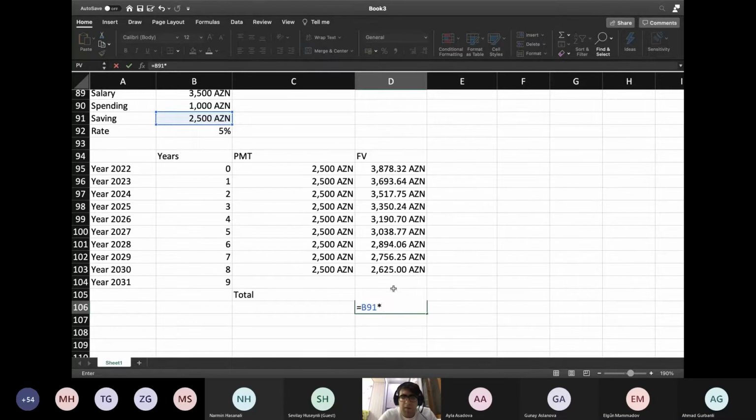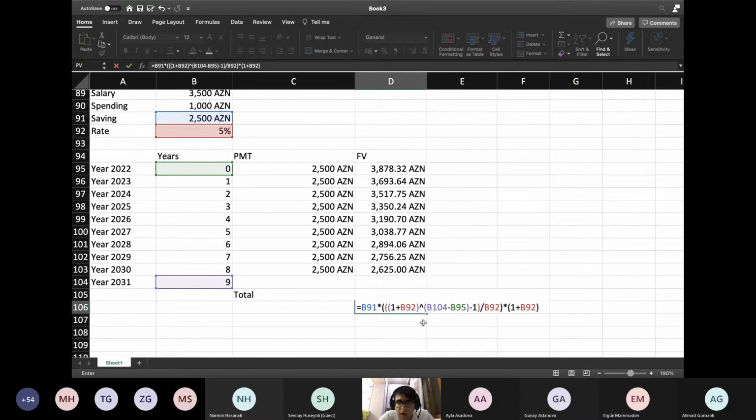Saving multiplied by 1 plus 50% over, minus 1, divided by rate and closing the end bracket, multiplied by 1 plus